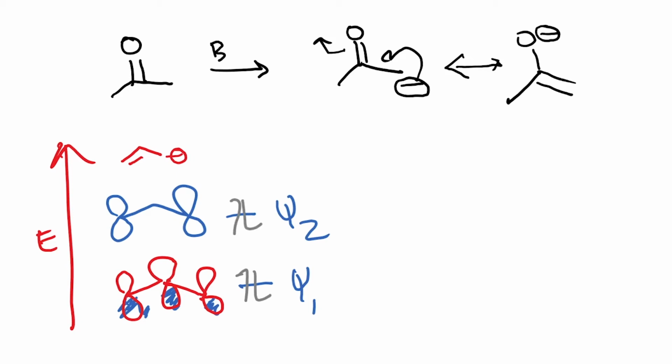Now if I have to look at the same picture for the enolate, what ends up happening is that because oxygen is more electronegative, this brings down the energy. So when compared to an allyl anion, the psi2 and psi1 would be lower in energy compared to the allyl system. We have already looked at this earlier. When you have an electronegative atom bound, then it's going to lower the energy.